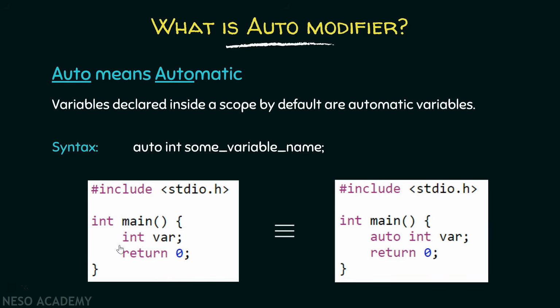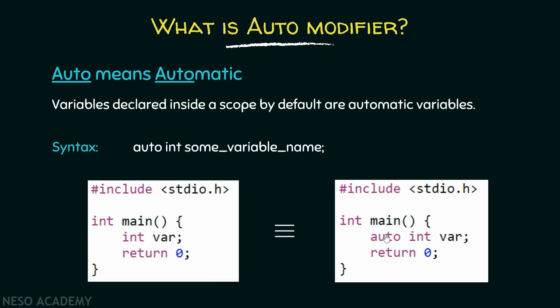For example, this is the main function. Inside this I declared and defined a variable var. This variable gets automatically destroyed after the completion of this function. Now what is the benefit of an automatic variable? An automatic variable's major benefit is that this variable won't waste any memory. Because after the completion of this function, this variable gets destroyed, which means that the memory allocated to this variable gets deallocated and it can be used by some other variable or some other piece of code.